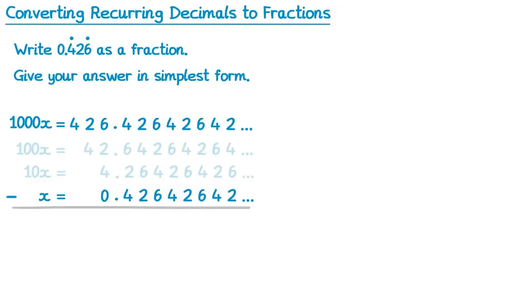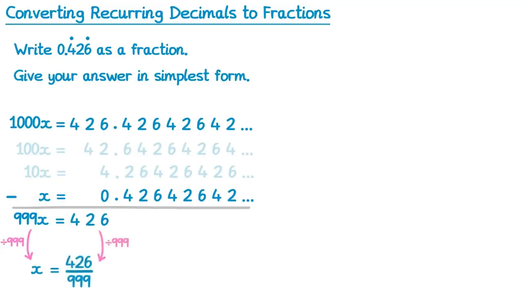On the left we have 1000x take away x, which is 999x. We then have the equals sign. Moving to the right, 426 take away 0 is 426. And of course, we know all of the digits after the decimal point line up, so they'll all give zeros. What we're left with then for this one is 999x equals 426. And now we finish by dividing by 999 on both sides to get x equals